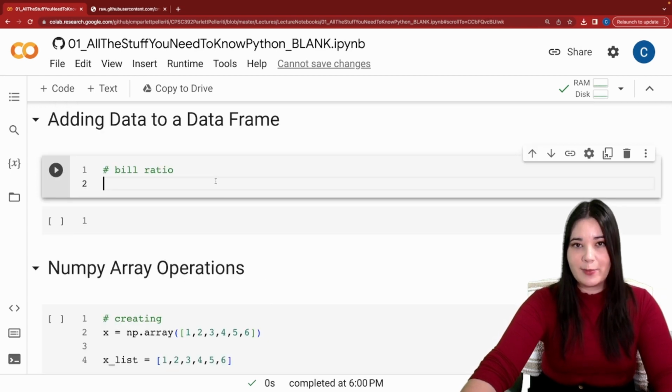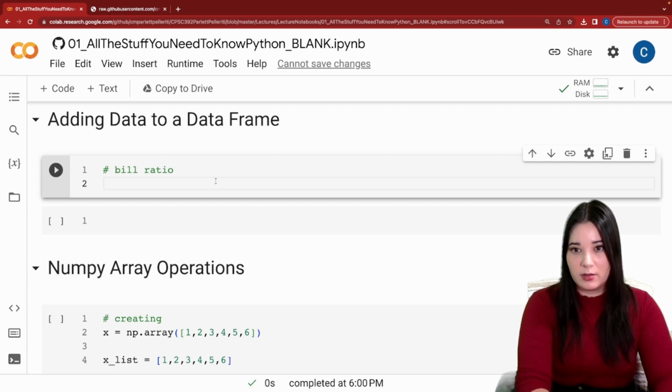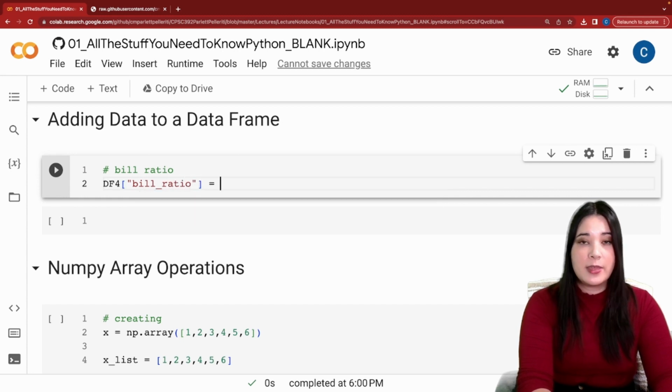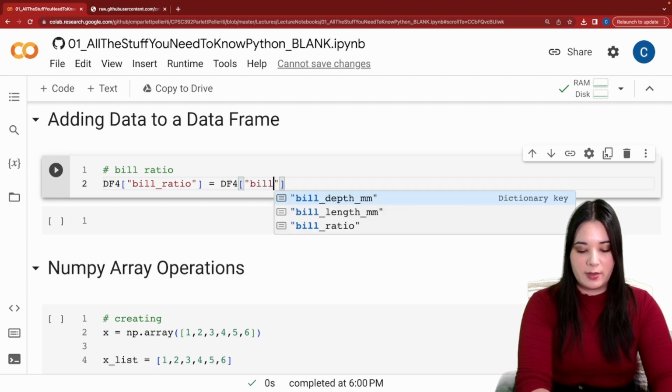Now, one last thing we might want to do when we're exploring and cleaning our data is to add a column. For instance, I want to create a new column called bill ratio. That's the ratio of the length and the depth of a penguin's bill. To do that, it's pretty much like adding a key value pair to a dictionary. I'm going to say the name of my data frame, square bracket, the name of the column that I want to add, in this case, bill ratio. Then I'm going to set it equal to df4, square bracket, bill length,